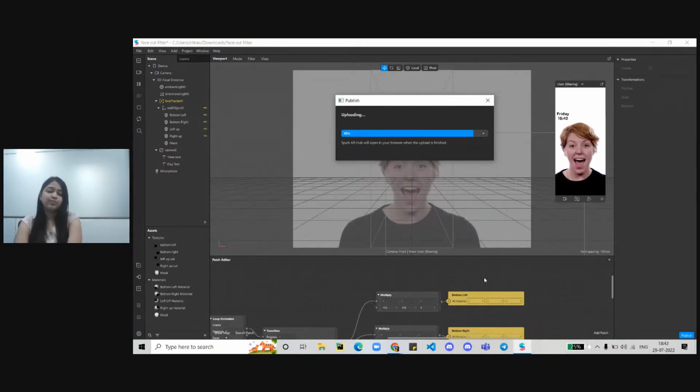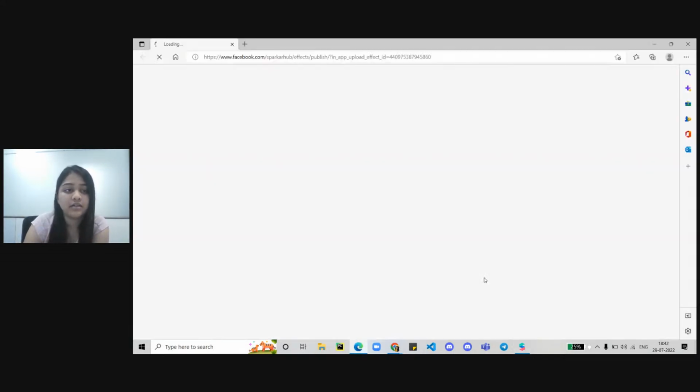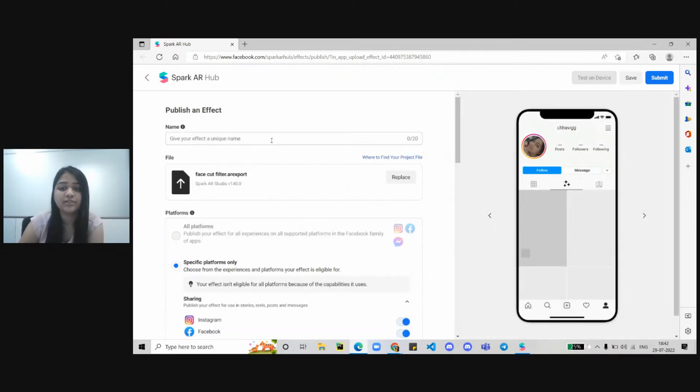When you click on effect, that's how it's going to be uploaded. So this is the way you can make your own face cut filter effect, and that's how it's going to look like. And it's done. That's how it's going to be loading. Great. Perfect. So this is my Instagram ID. You can just name the effect as